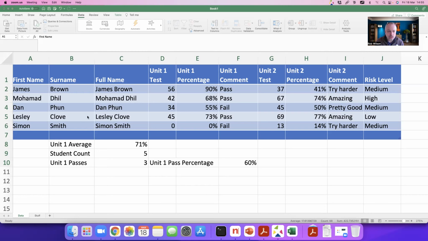So this is what we're going to build, something a little bit like that, with some scores, some percentages, putting pass and fail marks in automatically without you having to type them, working out the percentages automatically if we needed, putting some comments in, maybe allowing us to choose a different risk level and have some options there. And we're going to have a look at different ways of producing some statistics out of it and some ways that you can remove some issues that you might well have. So let's have a little bit of an explore